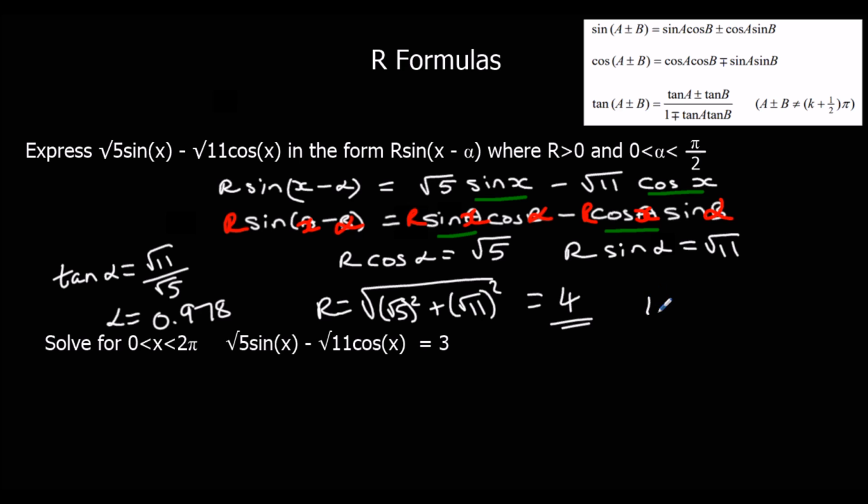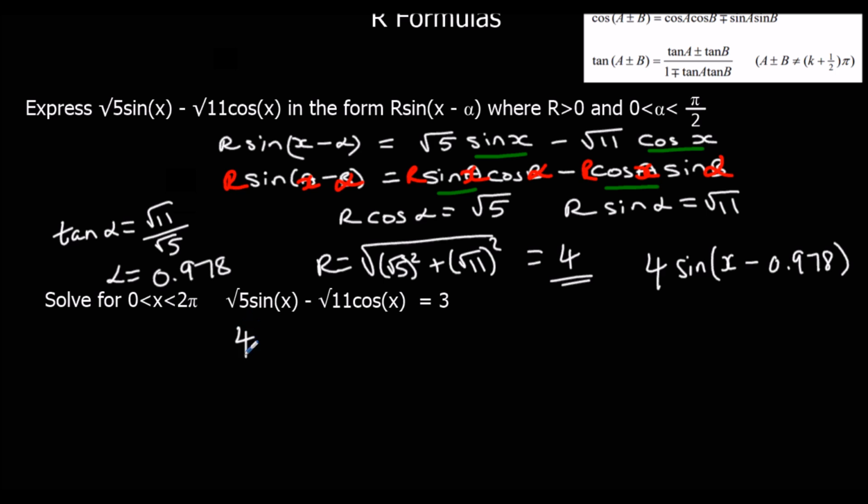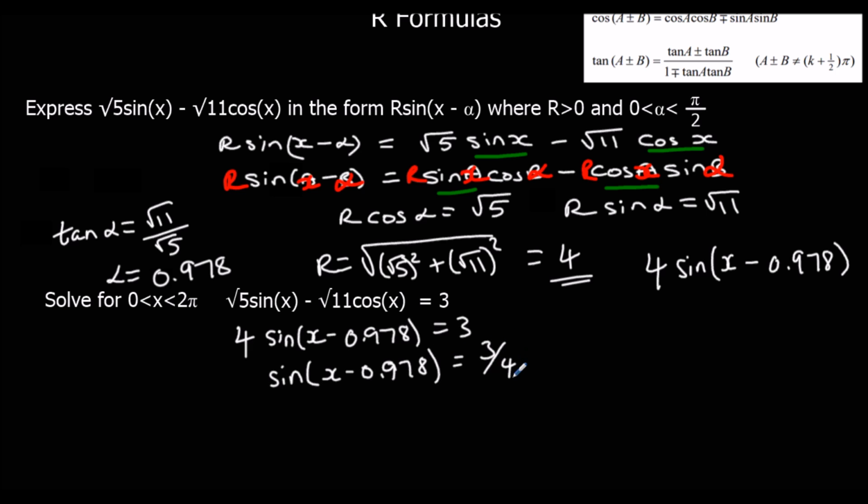So we have 4 sine x minus 0.978. And we're going to use that to solve the equation. So we've got 4 sine x minus 0.978 equals 3. We divide both sides by 4. So sine x minus 0.978 equals 3/4. I'm going to shift sine 3/4,